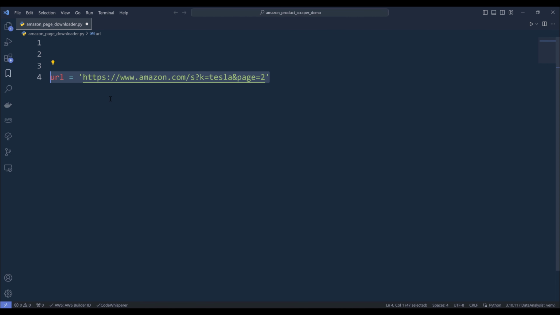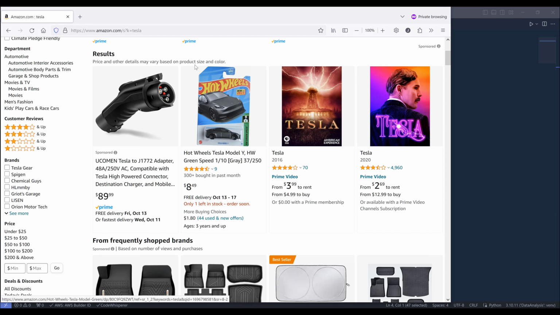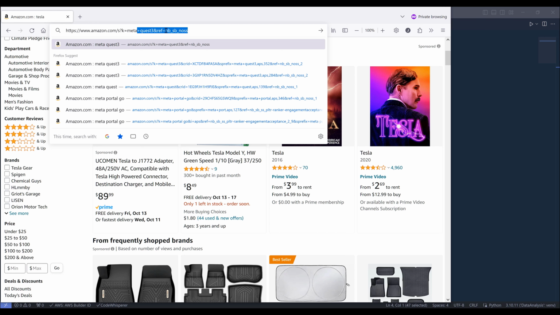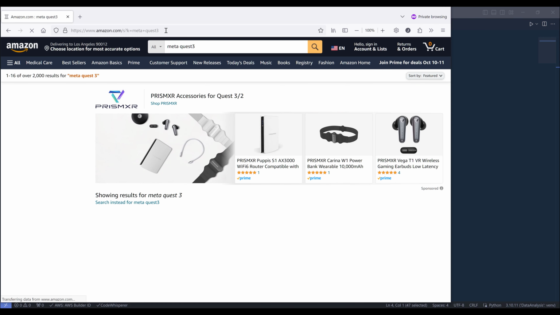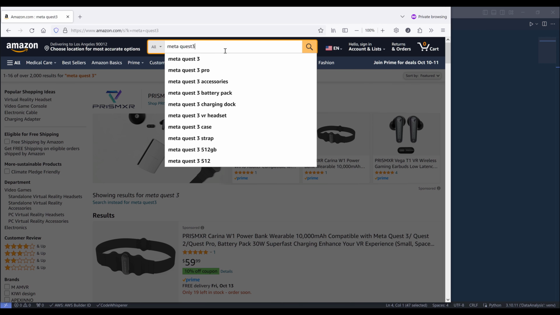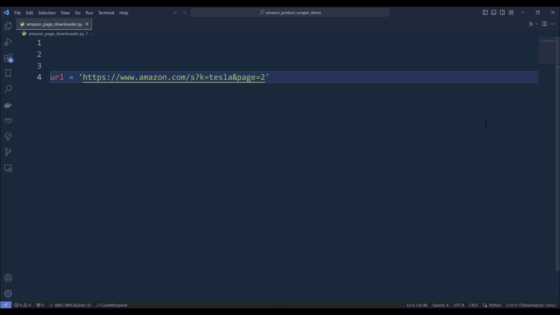Now, just for testing purposes, I'm going to go back. And let's say I want to change the product name. Let's do Meta Quest 3. And I'll basically change the query to Meta Quest 3. All right, so once we know how the URL is formatted, we can now open our Python script,